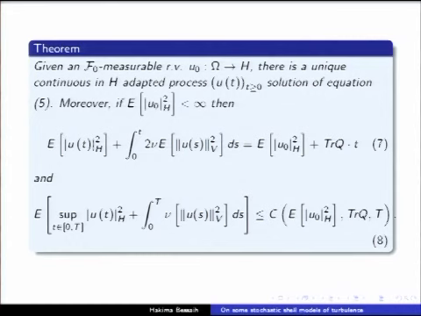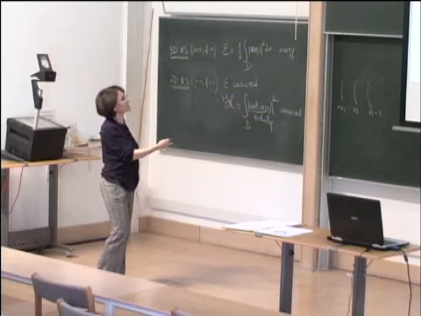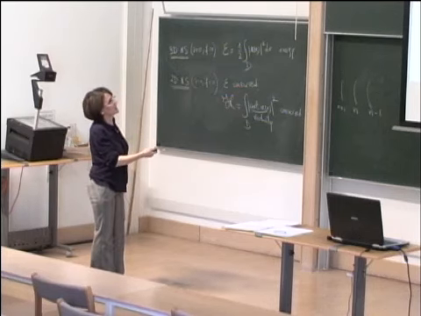Plus, we have this nice, this is the energy equality, and this is somehow the energy inequality. Okay, I just mention these two because, thanks to this property in particular, I can prove some kind of existence of invariant measure for the stochastic case. So I will just rush to the